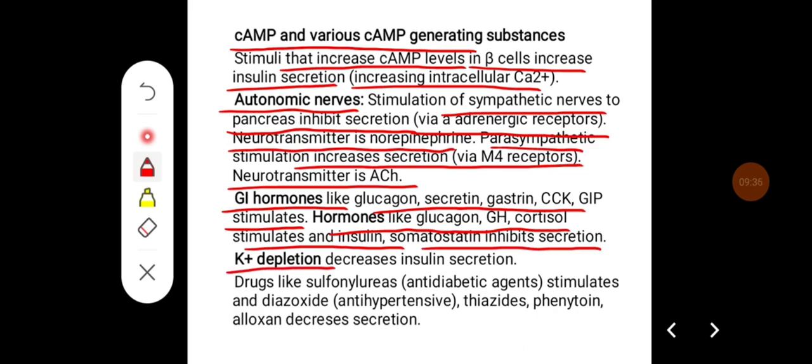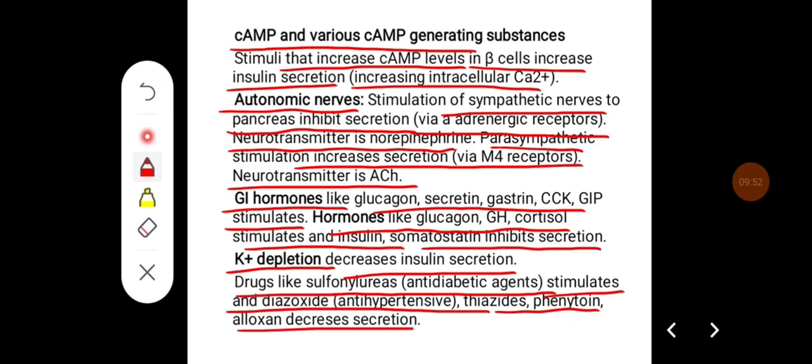Potassium depletion decreases insulin secretion, whereas drugs like sulfonylureas, which are used as anti-diabetic drugs, stimulate it, and diazoxide, which is used as an antihypertensive, thiazides, phenytoin, and alloxan decrease the